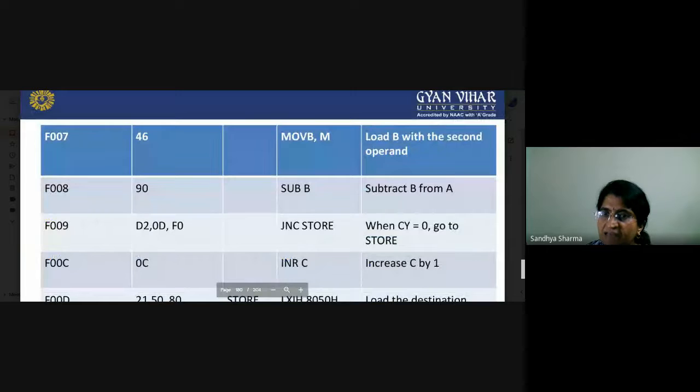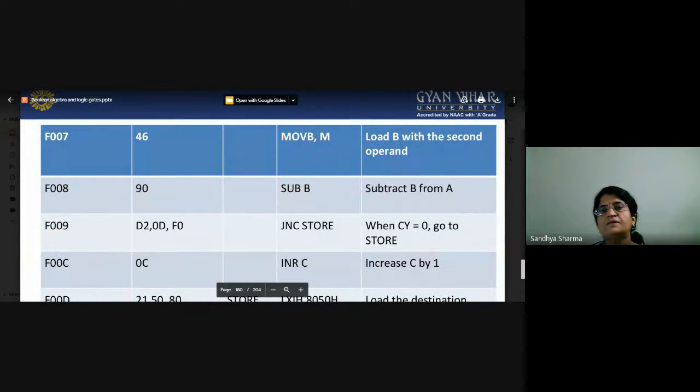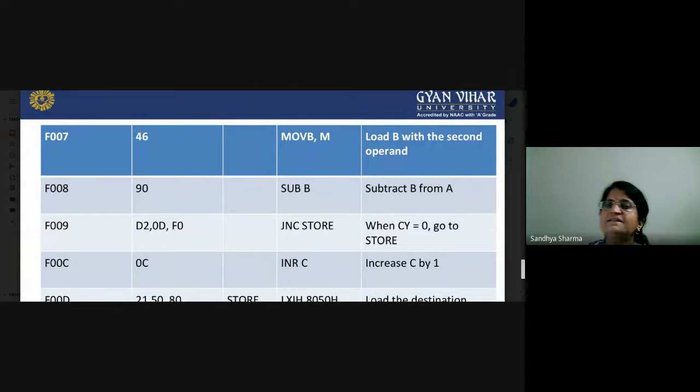Suppose MOV B, M. Again, load B means you have to send data into B. What data is contained in the memory location? M indicates a memory location, and whatever data you have inserted or stored in that memory location will be shifted to B. SUB B: what does SUB B mean?